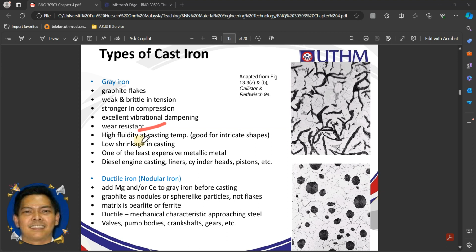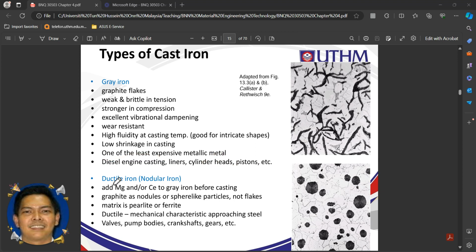At high fluidity or casting temperature, it can take a very good intricate shape. The low shrinkage in casting gives it better flexibility during casting. This type of iron is considered one of the least expensive metals. Gray iron is used widely as diesel engine casting, cylinder head, piston, and also other